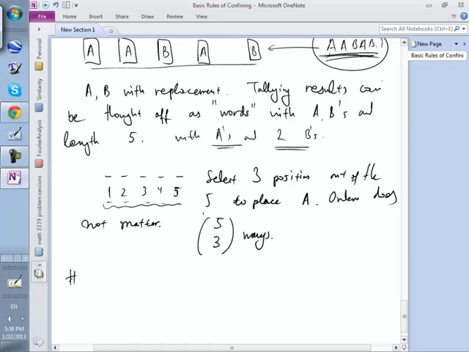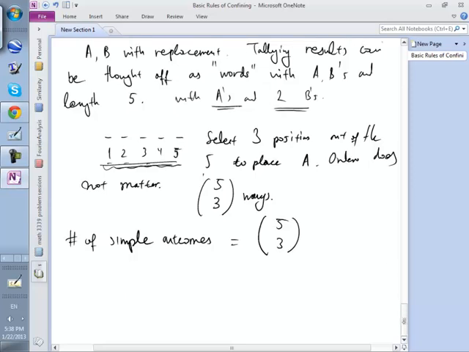So the number of all simple outcomes, and simple outcomes are exactly these words of length 5 with 3 A's and 2 B's, is 5 choose 3. Now we have to find the number of favorable events. Now, what is a favorable event? A favorable event is the arrangement, the word, where the number of A's